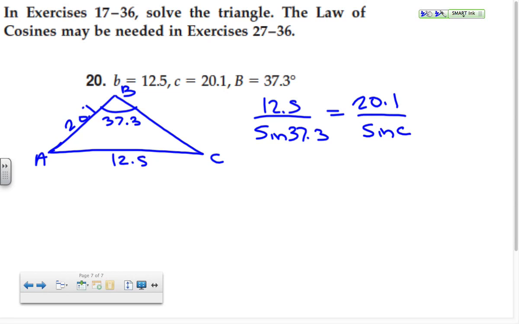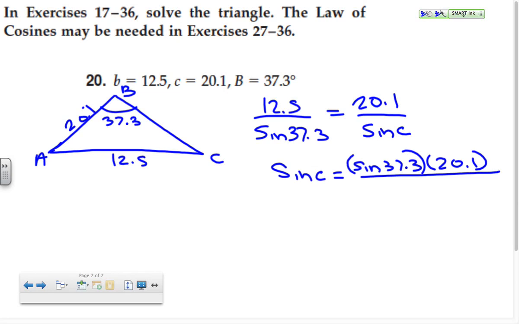Through some manipulation, I'm not going to do this all on the board. You should be able to handle this. These are proportions. I end up with sine of C equals sine 37.3 times 20.1 divided by 12.5. If I put that in the calculator, I end up with sine inverse of 0.974, which equals 77. So my angle C here is 77. So I need to check